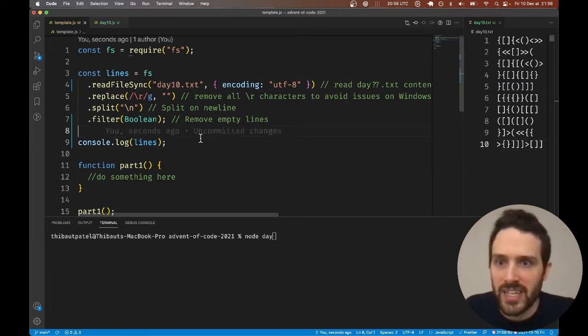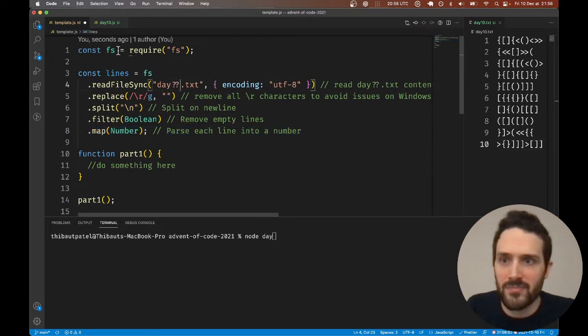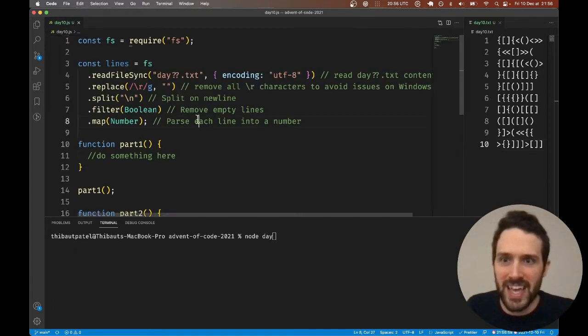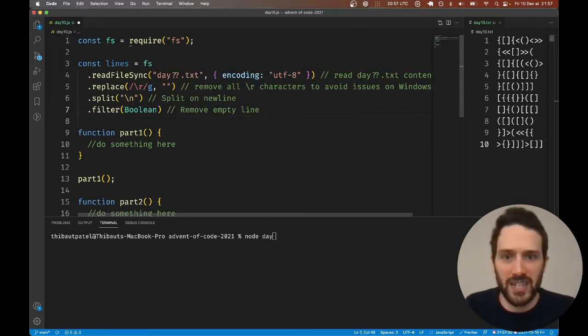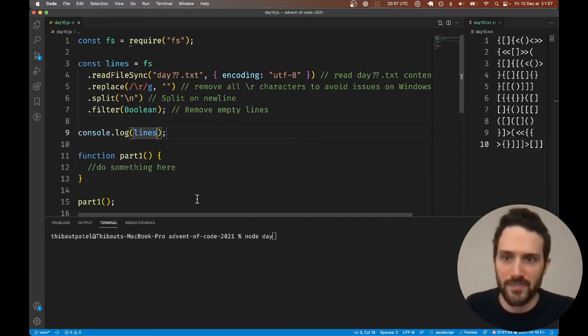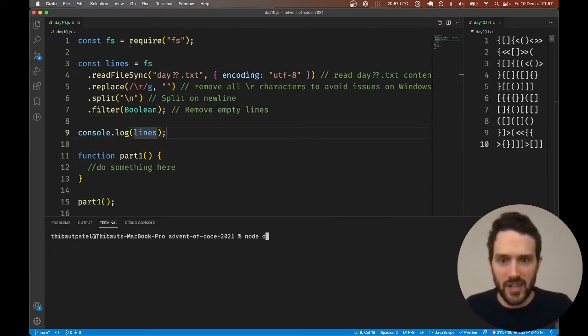Wait, here I'm doing something bad, which is that I'm modifying the template.js. I made a big mistake. Okay, so I've just removed this one and I'm logging the lines. Node day